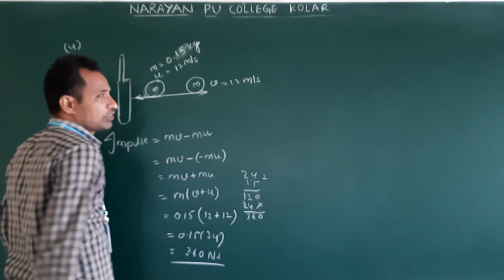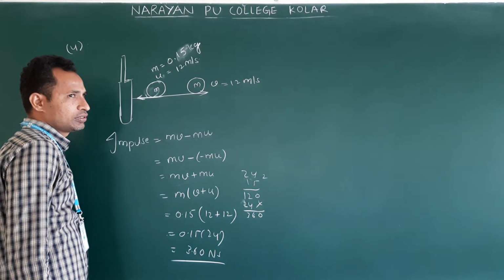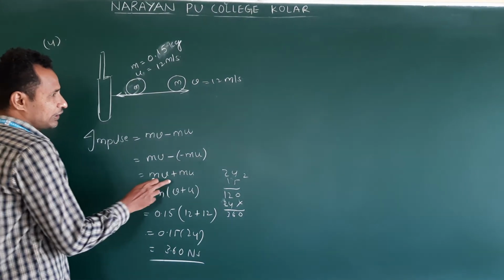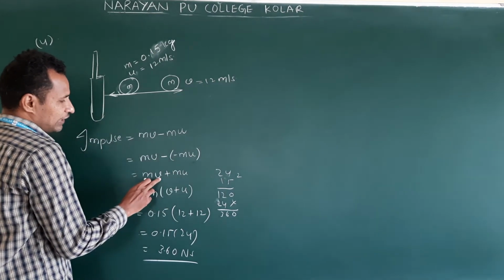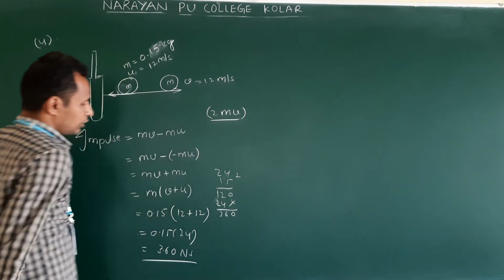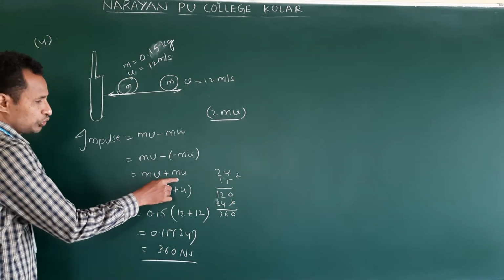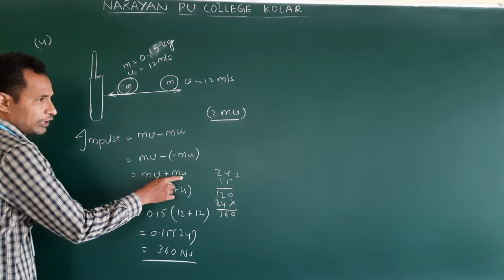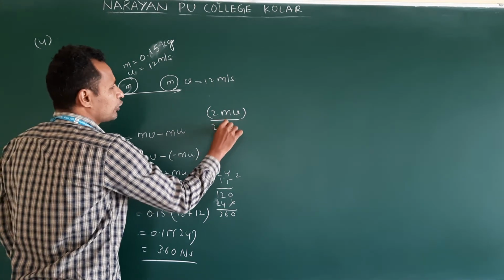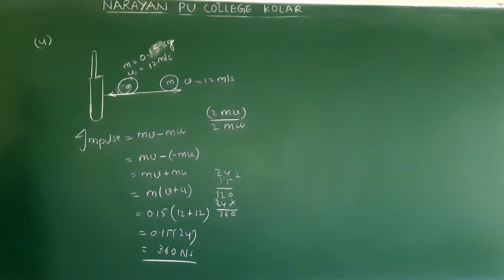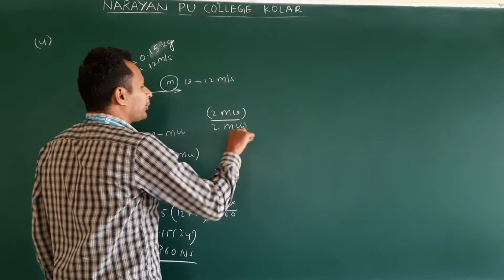Okay, sometimes we do expect this question in competitive exams. They will ask what the impulse is. Then initial velocity and final velocity are the same. In that case, mv plus mu, with u and v the same. If u and v are the same, then what will be the answer? mv plus mv, that is 2mv or 2mu. Okay, but it depends on the options. Clear?